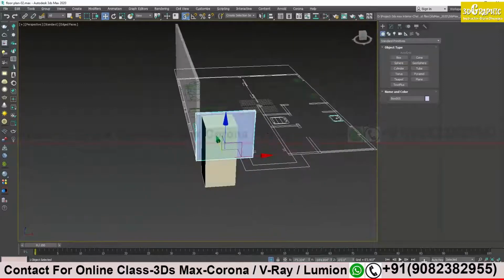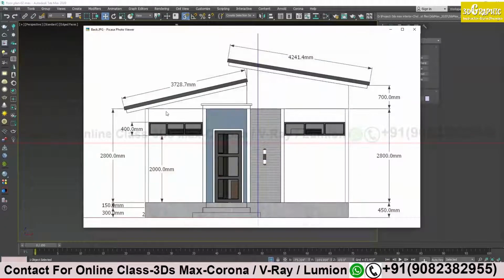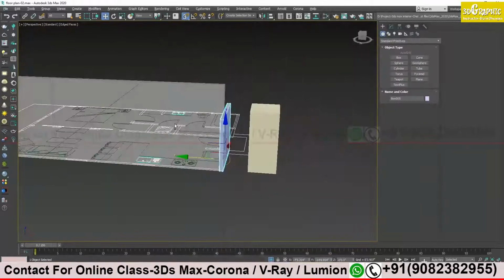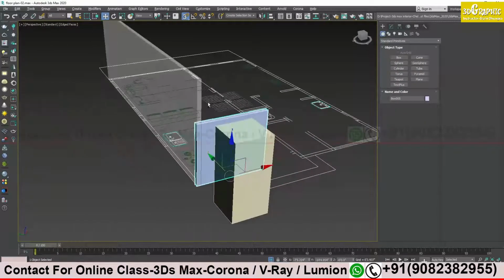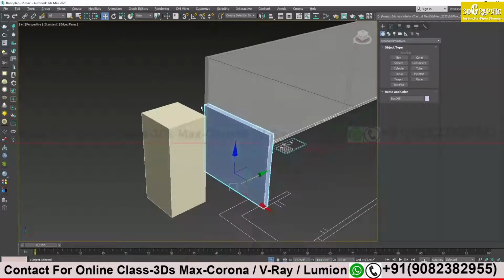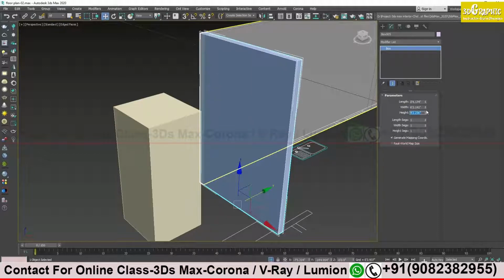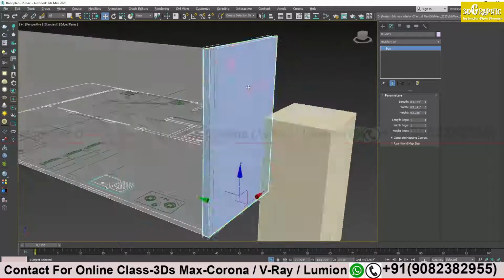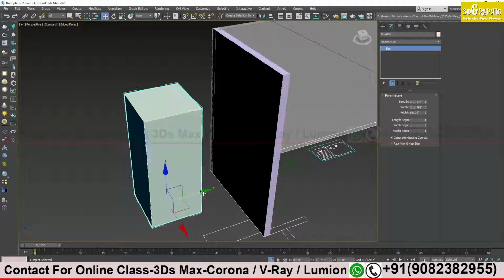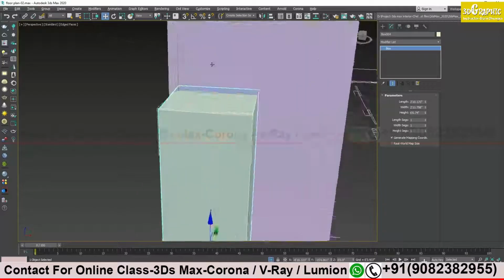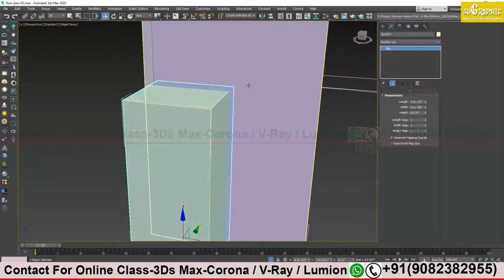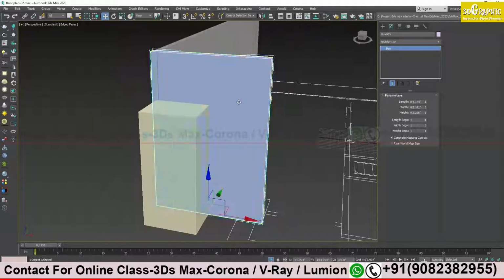The total height of my wall is the same, 2800 millimeter, all over. So I will turn off the snap and give the height 2800 millimeter, enter. The height will be the same all over, and this one I will keep here, a little bit inserted. So this is the height where my window will be. I will click over here.